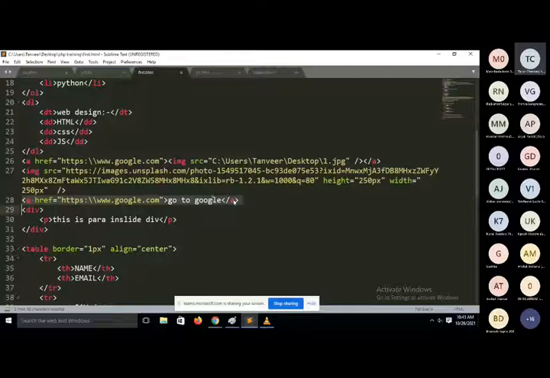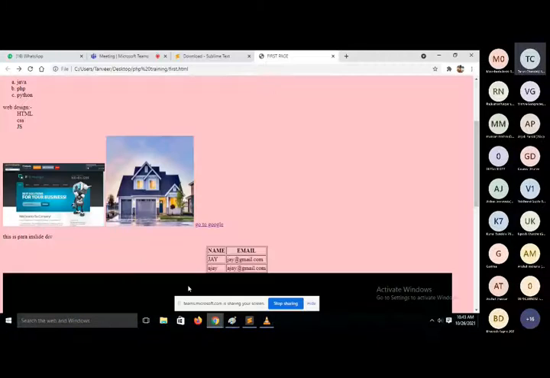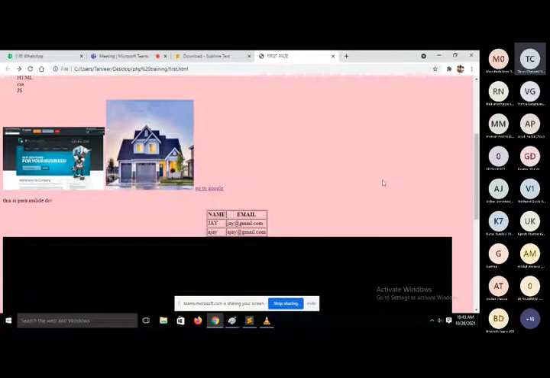anchor tag. Anchor tag is used to make a hyperlink, but the most important thing is each and every hyperlink, when you will hover over this hyperlink, then see, it is showing here left bottom corner. See, it will show here hyper reference. When you will click on this link, then it will redirect to google.com. I just want to remove underline from go to Google. How can we do this?